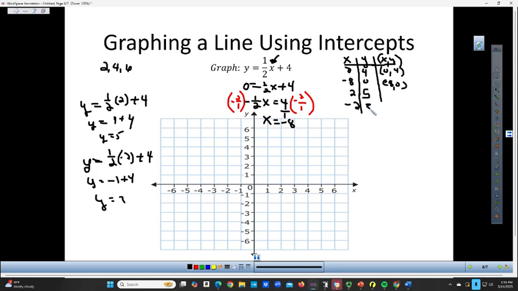Okay, and so now we have enough points where we can plot this, even though it's asking us to plot using the intercepts, because we know that this line is going to continue through this point of (negative 8, 0). If we plot the (0, 4), and then we plot the (2, 5), and then if we graph our line,